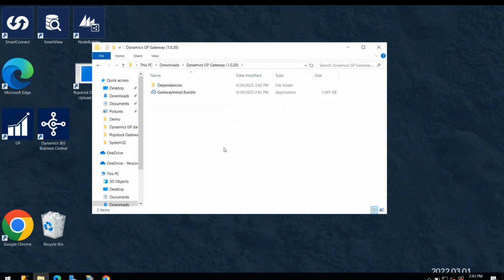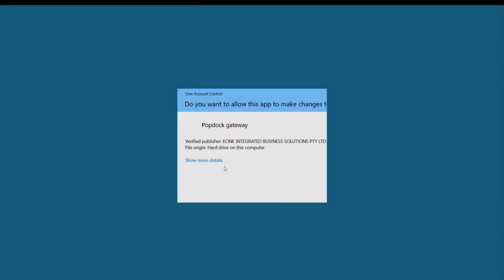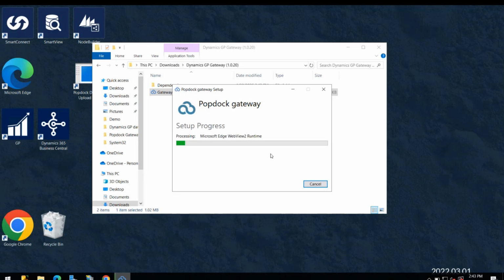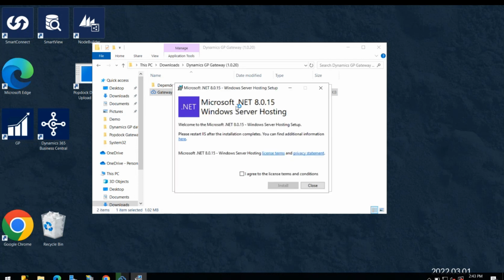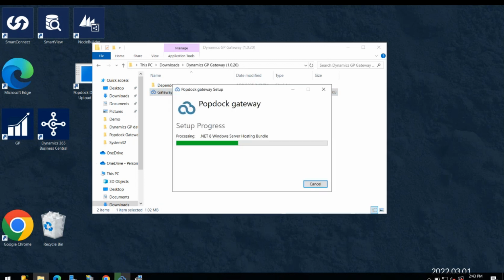I'm going to open this up, and we're going to run this gateway install bundle real quick. Just going to go ahead and agree. Let the install go. As you can see, it is a nice signed version, which makes it so Windows really likes it and doesn't really have any issues with it. So next, we're going to be prompted for